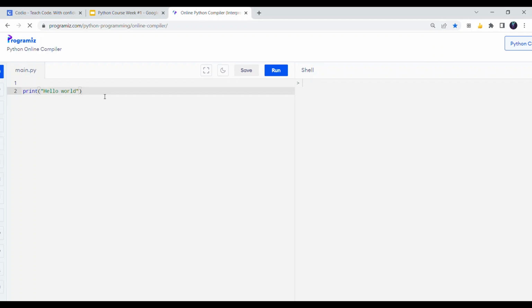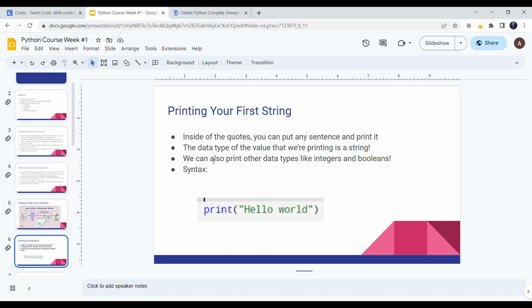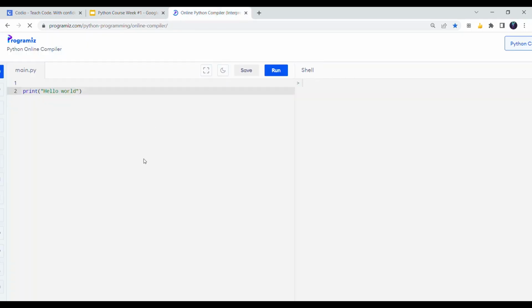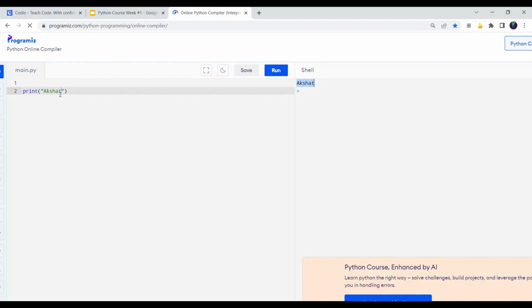Okay, so let's start with the assignment. I already copied down print hello world. Now what we have to do is print our own name, okay? So let's do it. In my case, I would do print Akshat, and let's see the result that we get. Run, and as you can see, it's loading, and what we get printed is the name Akshat. We can test anything else as well, such as Bob. Let's do that. If we run it, as you can see,